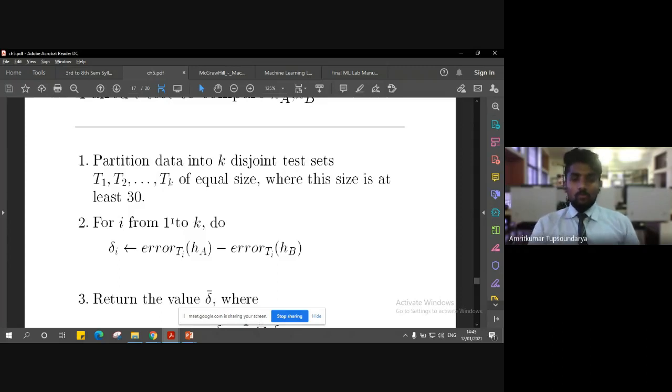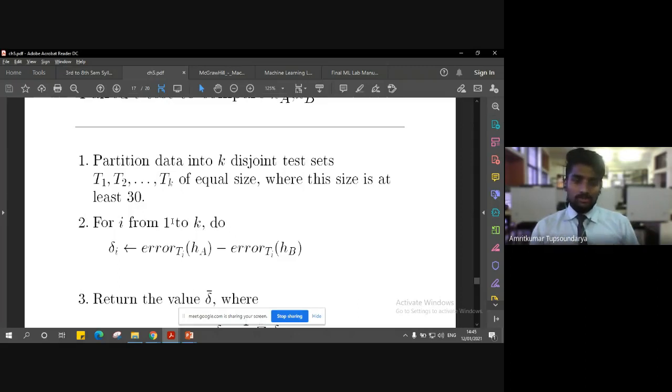So for i from 1 to 30, we are going to compute the delta value. Delta is nothing but the change, the difference. We are going to compute the delta value for each of these sets, which is represented by di here. So di is the delta value, the change, for each particular set.